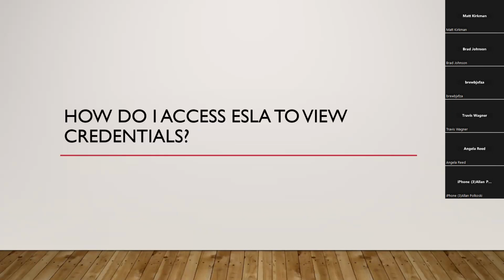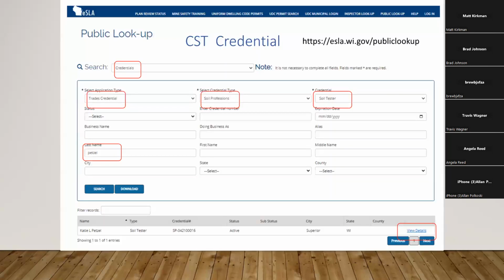So there's a couple different ways that we look at credentials right now. And I know that the ESLA, we keep saying it's new, it's been around several years, but we're still working out some of the issues with it, so that eventually all the licenses will be in the ESLA system. But right now, they're not all in there. Basically, the one that we deal with in the POWTS that is in there would be the soil tester license. So the way to look that up is that you go into the public lookup on our website,